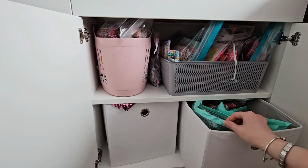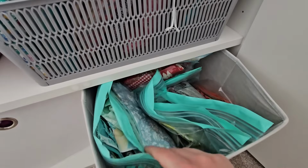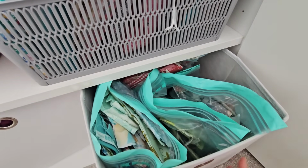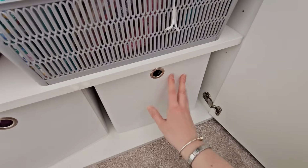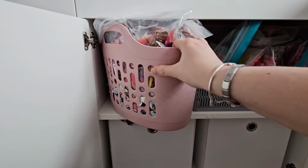These are all coloured scraps in bags. So I've got blues, greens, greys, reds, all of those. The blues are actually the most that I've got in there, so I need to start using those up. This bag,